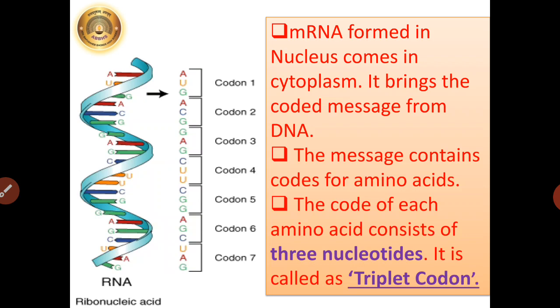Now here just observe the RNA molecule, and here the triplet codons have been formed by a group of 3 nucleotides together. These 3 nucleotides may be in a combination of any 3, so their sequence is not the same everywhere. Now let's see what is translation.